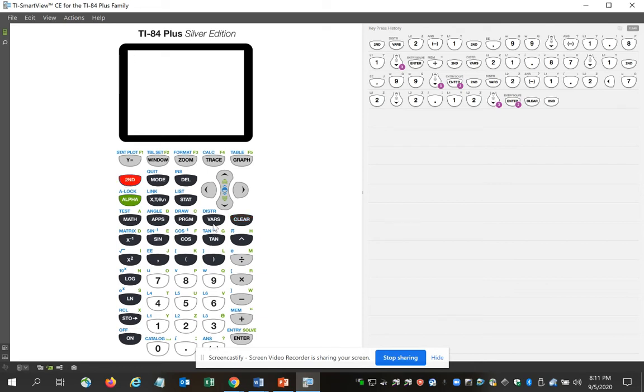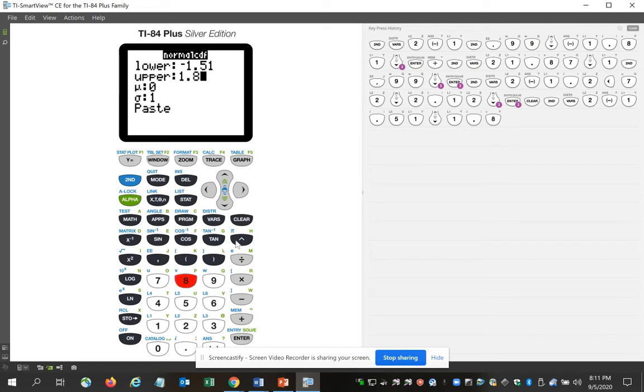Second, vars, option 2, my lower is negative 1.51. The upper is 1.98. Whoops. The mean is 0. Standard deviation is 1. We're going to paste. We get